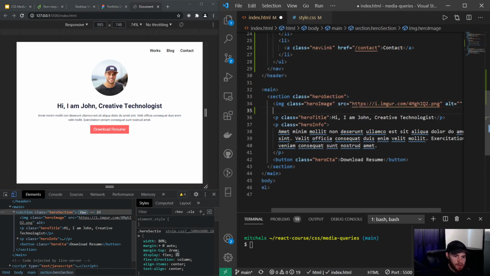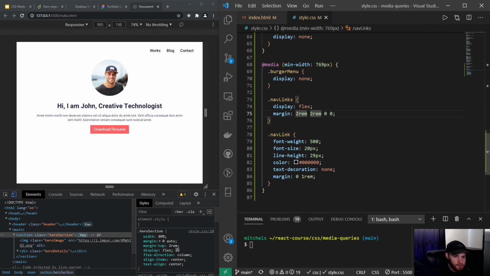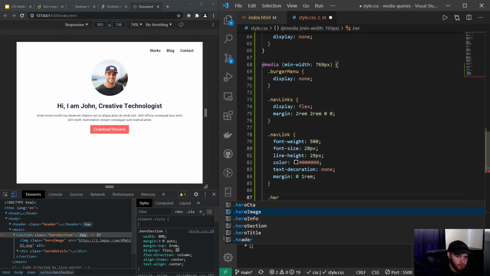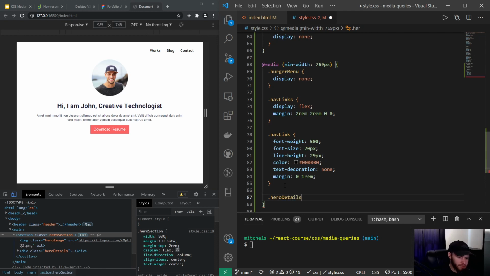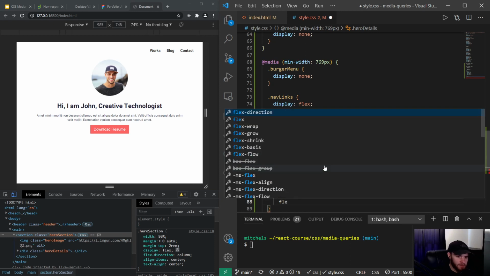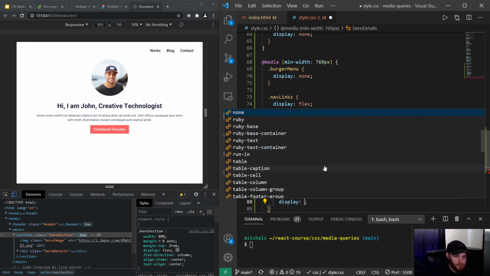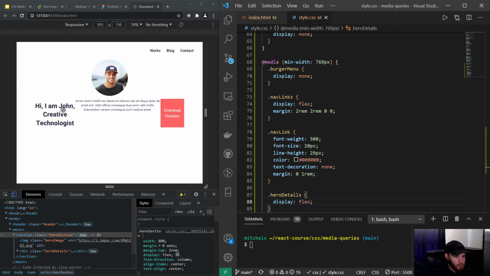So I will say div, and I put it right here, and I can give it a class, and I will call it hero details. Now it shouldn't do anything, but now I can go and style those hero details. So I go here, I say hero details, and now I could say flex direction, and I could set it, sorry, I have to do display flex first,